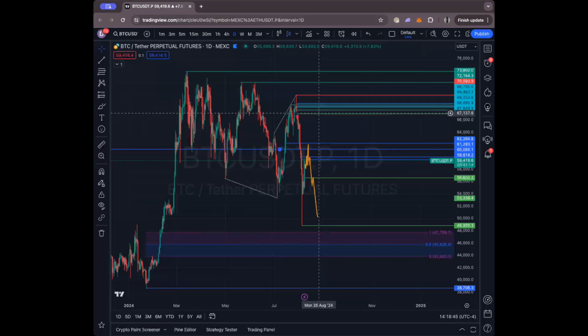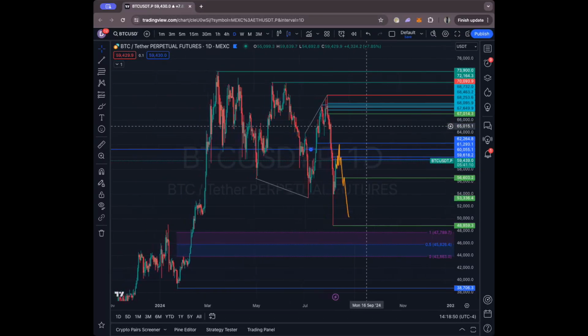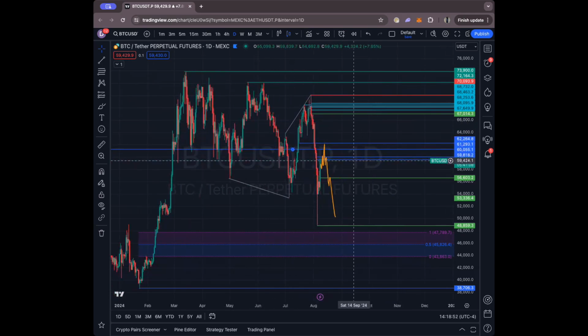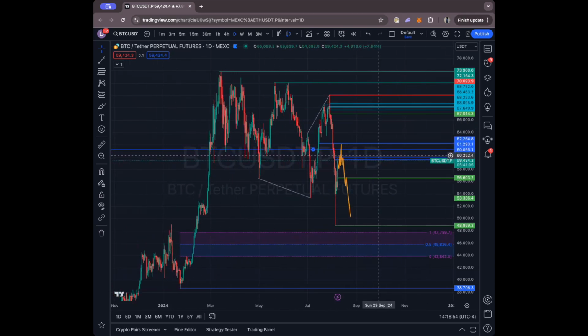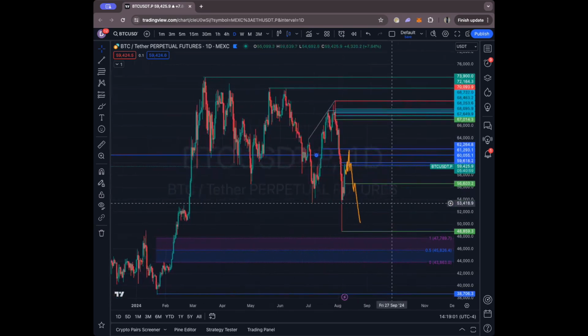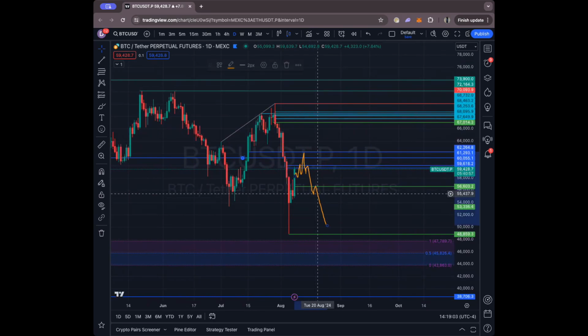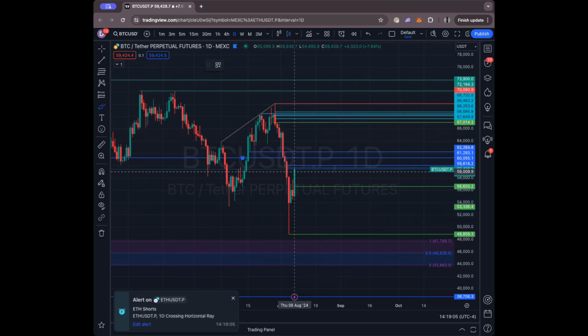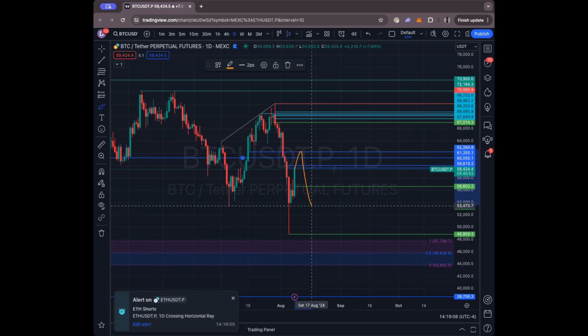I don't expect us to get beyond 70 in the near future, because we're already approaching a previous range balance, and we've already invalidated this SMR, so we don't actually have a good range yet. Even though we have ERL here, one thing that I do know is that if we break and mount, and then again if we hold, and if we're unable to make a lower low than 48 on the next sweep,